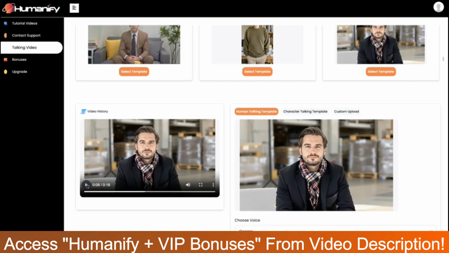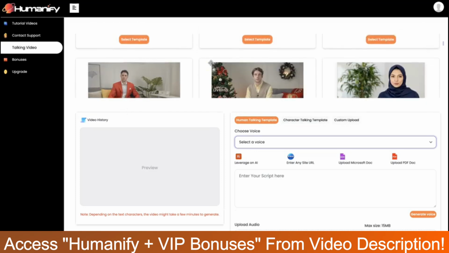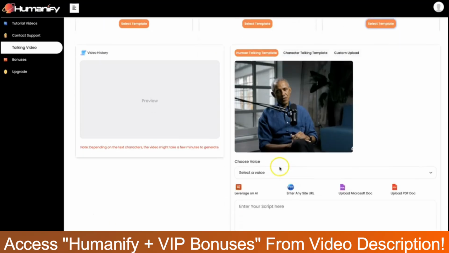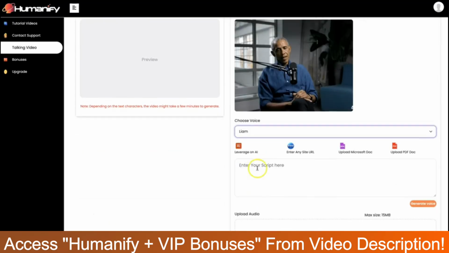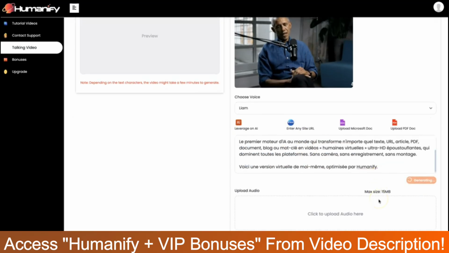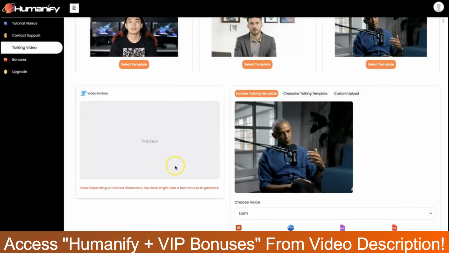Incredible, isn't it? Absolutely mind-blowing. This looks incredibly realistic, and you can easily download it with a single click. Awesome. Now let's create another stunning HD virtual human video, but this time in French. Here's how easy it is. Choose your desired template, select your preferred voice, input your text, or leverage any of our content options here. Click Generate Voice, and finally hit Generate Talking Video. The video's processing now. Ready?